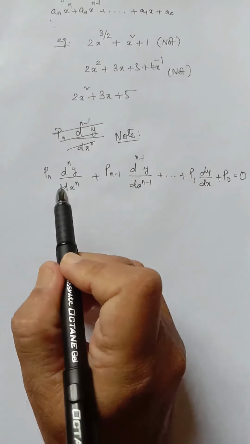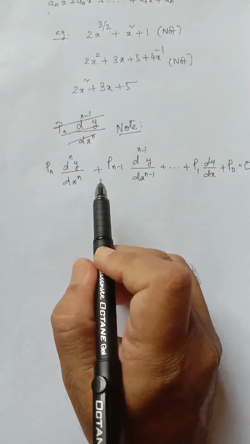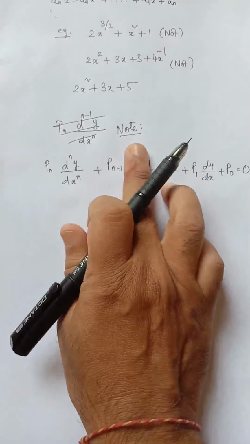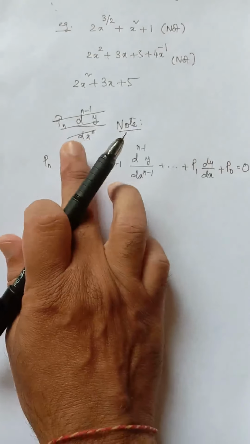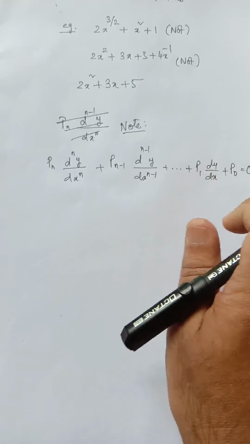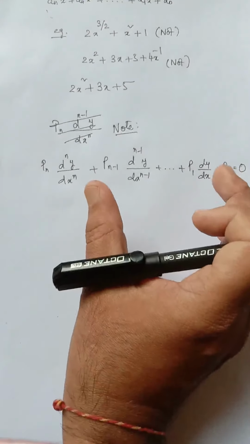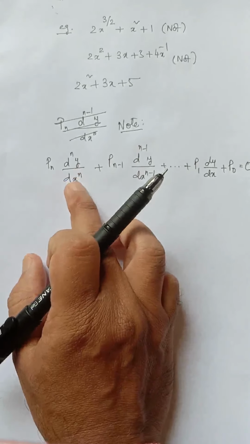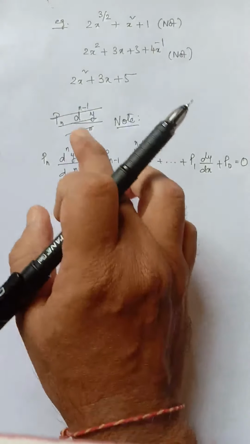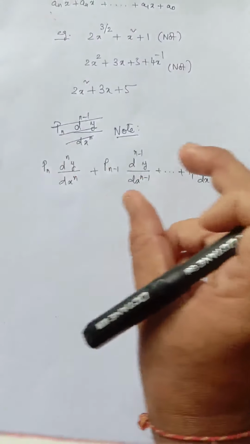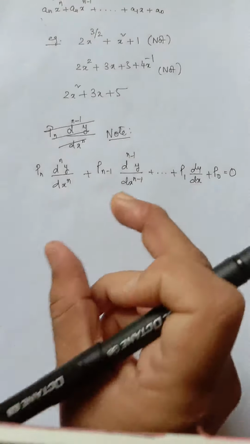Now, we can find the degree of a differential equation when it is in the form of a polynomial. That is, the power of each differential coefficient must be a non-negative integer, and it must have a finite number of terms. In such cases you can easily find that the highest order derivative gives the order of the differential equation, and its power, if there is any power of the highest order derivative, will become the degree. So if a differential equation is in polynomial form in terms of differential coefficients, then only can we find its degree.